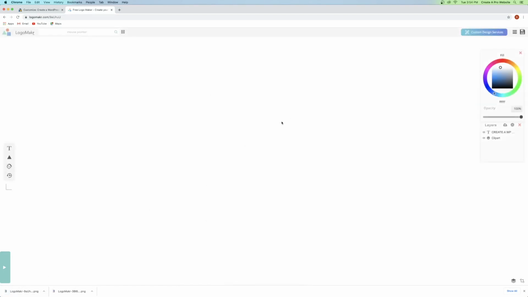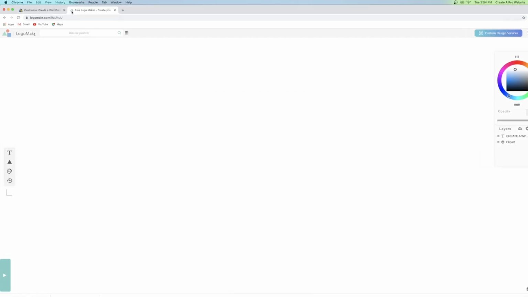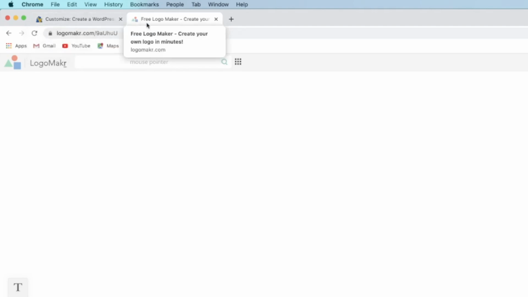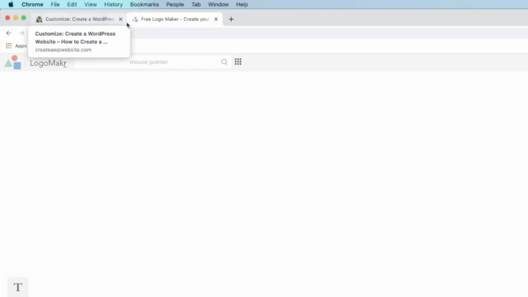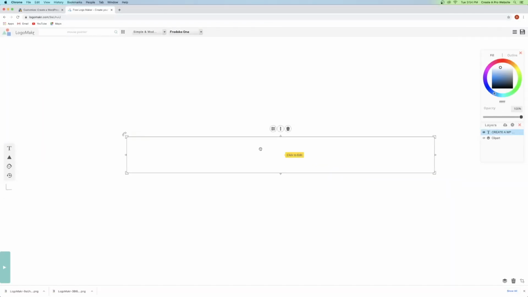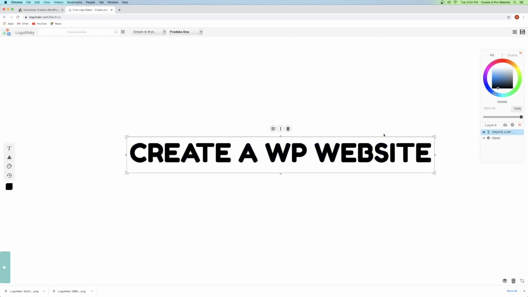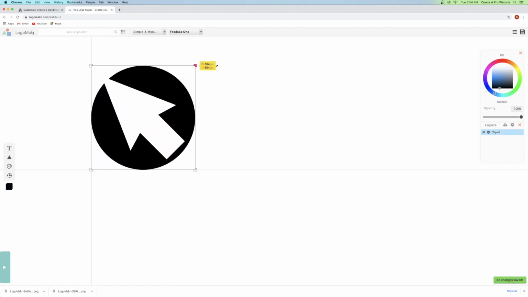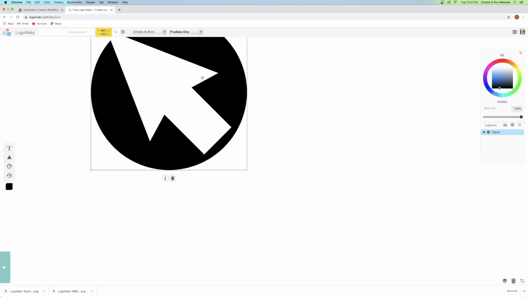Now what we're also going to need is a site icon, which is going to be this little symbol up here on the browser window. So this one's got a little gator, this one's got these little shapes. We're going to create our own for our little browser tab. So to do that, I'm just going to click on the text, and we are just going to delete it. And I'm going to grab my symbol here and make that black. And I'm just going to click and drag up to make it nice and big,